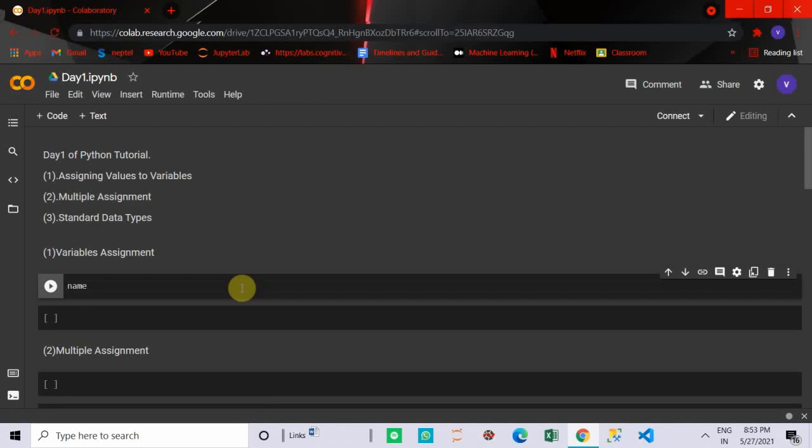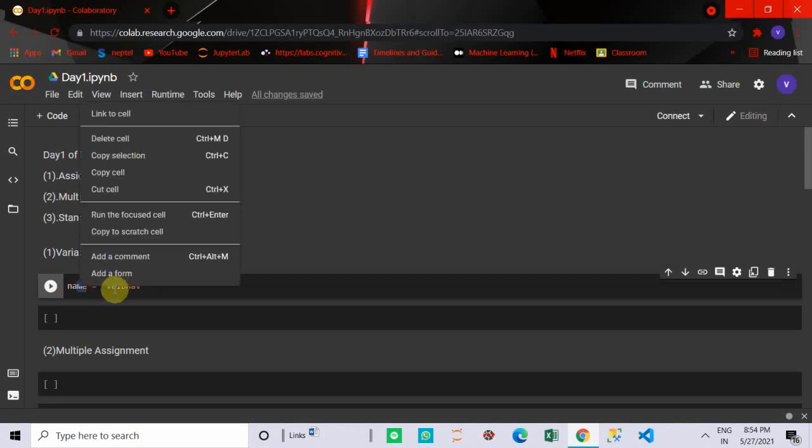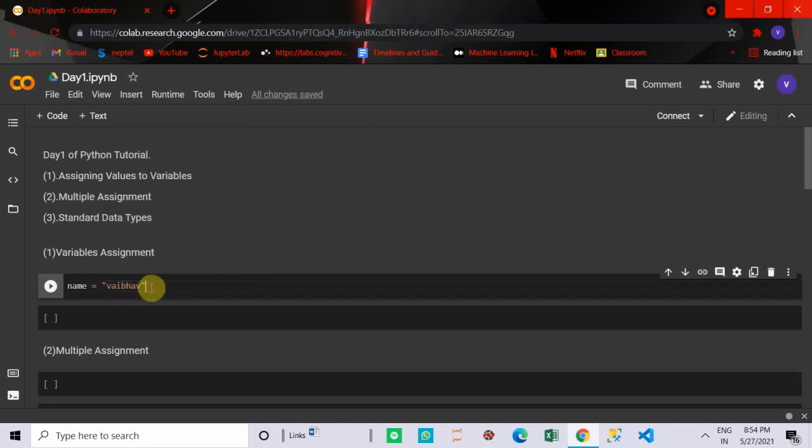You create a variable like name, name equal to Vaibhav. So basically Vaibhav will get stored in the variable that is name. Name is behaving like a container, an area where we have to store this Vaibhav, and Vaibhav is a string. Anything inside double quotes is called a string in Python.